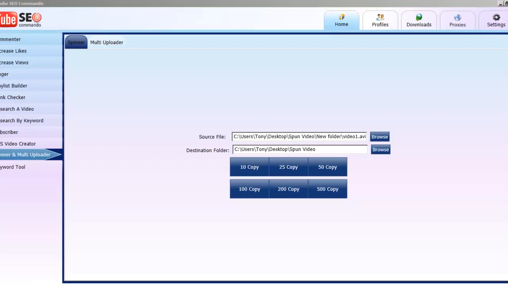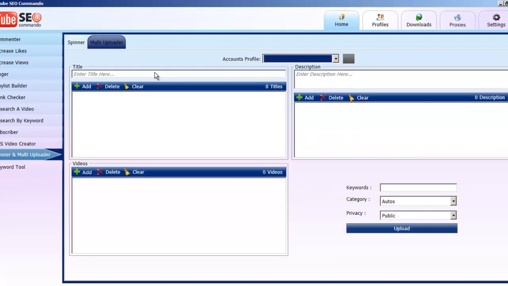Really, really fast. And there's multiple ways you can use that to your advantage, which again we will cover in Tube SEO Blueprint. Okay, so what we can do then is we can take videos, or we can take a video if you want one, or you can choose 10. And when you choose your account profiles here,